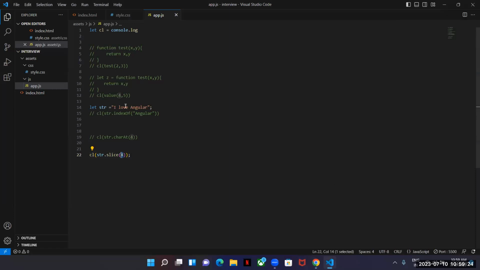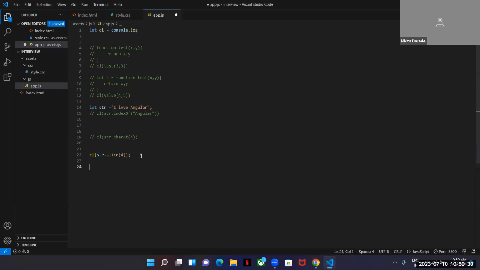Okay. Now show me one example of splice. Yes, splice. In splice we can add and remove HTML elements. You can show me.